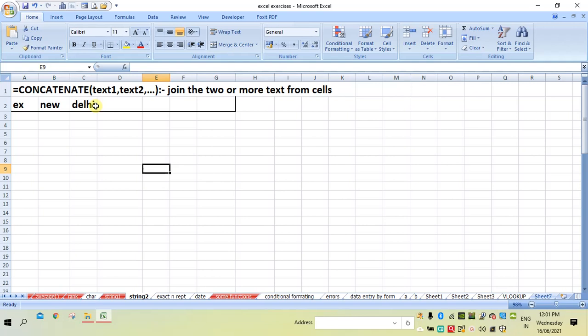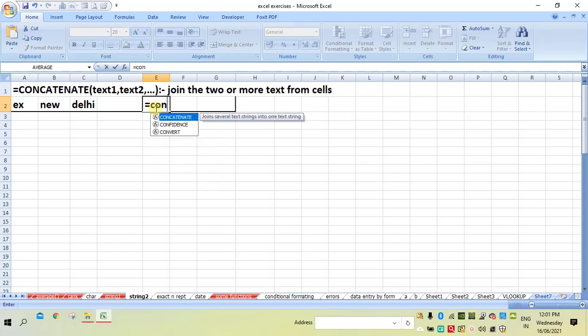For example, here we have two texts. One is New in one cell and another text in another cell. For example, here it is New, another is Delhi. So these are in different cells. So we can form New Delhi as a single word by joining them. So to join these two, we can write equal to concatenate and then specify the cell.